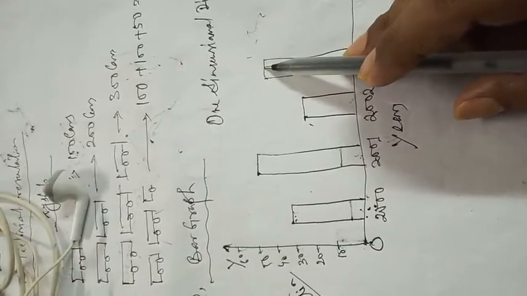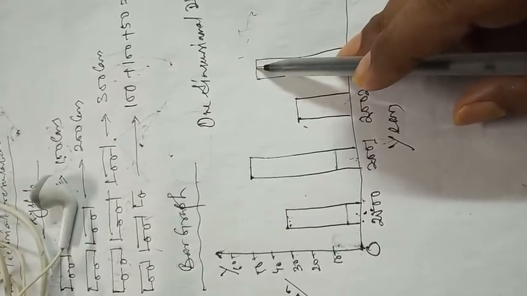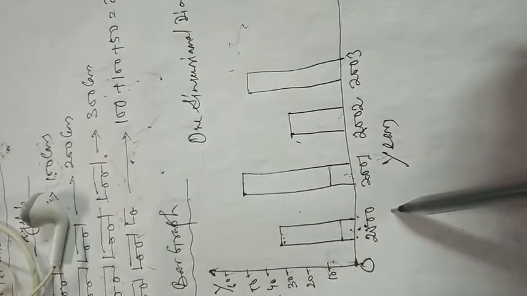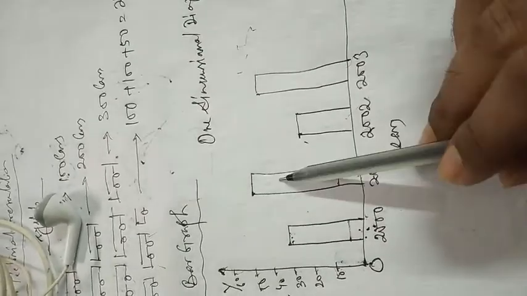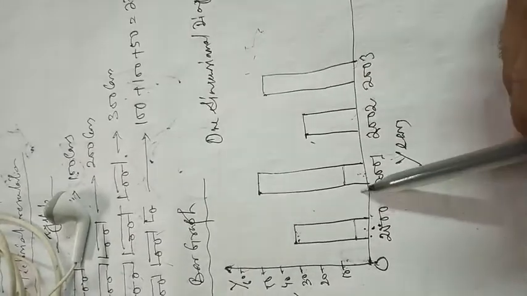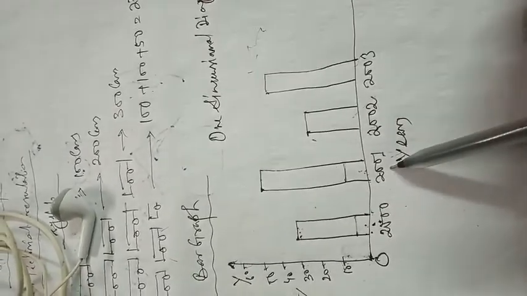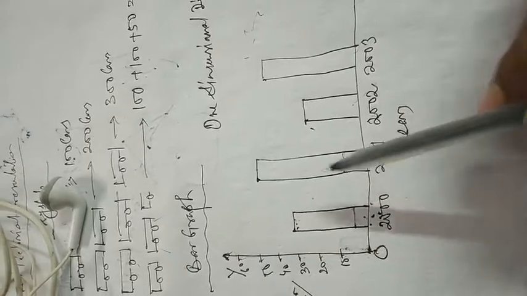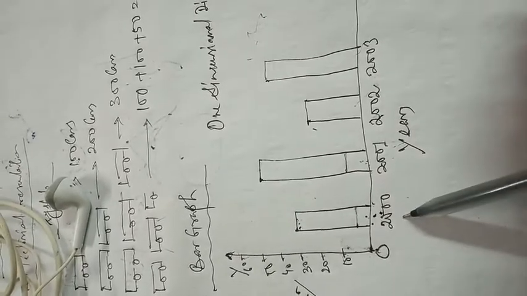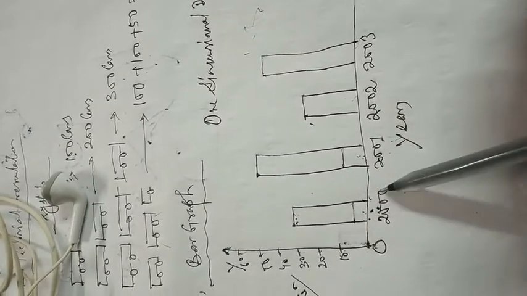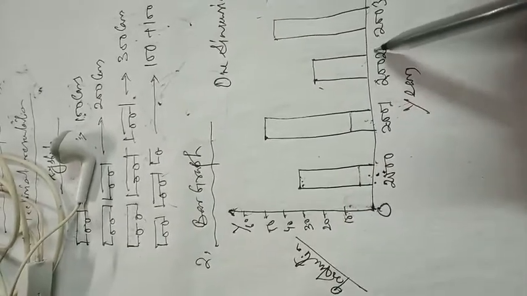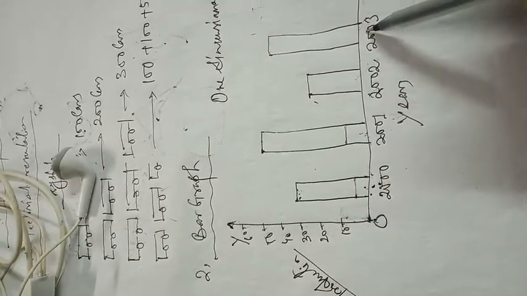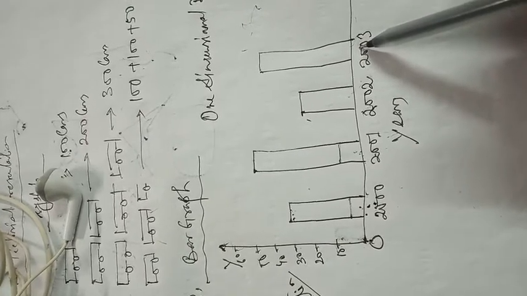So in a bar graph we use some bars, and by using bars it is very simple and easy to understand what each bar indicates. So we can easily understand a particular company's production in 2000, 2001, 2002, 2003. In the same way, we will discuss the double bar diagram in my next video.